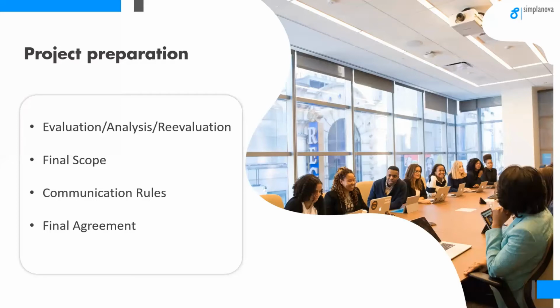So we then set the final scope, and one really important thing is to set up communication rules while having this upgrade to extensions. Previously, while working with Elbek and Vejrup, and I believe later on Morten could add that, it was really simple to communicate basically via mails when we were doing upgrades, either from classic versions to RTC or from RTC to RTC, because there wasn't a lot of things to discuss. We didn't have many limitations or issues. So it was completely enough all the time to have a weekly status update from our project manager who is responsible for an upgrade. But when we are having an upgrade to the BC latest version with extensions,